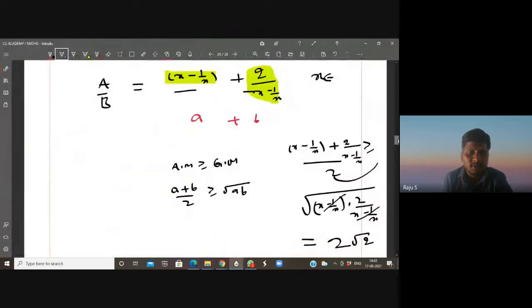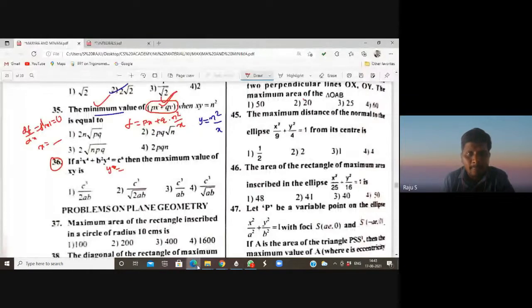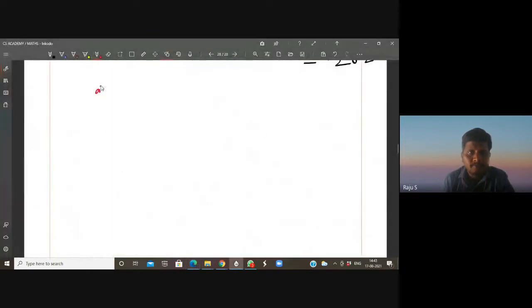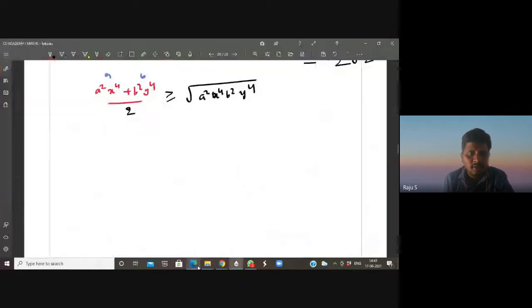So here, a square x power 4 plus b square y power 4 by 2. If I take this as a and this as b, same, a plus b by 2 is greater than or equal to GM, square root of a square x power 4 b square y power 4. Right, students? From that,